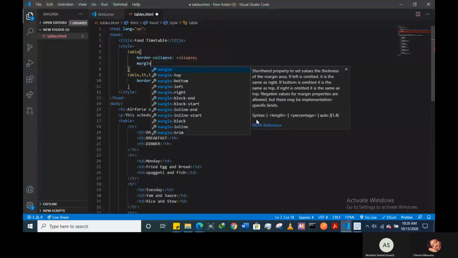VS Code gives you suggestions in case you forget something. Okay, so you have your margin top, margin bottom. For now, let's just look at margin top, margin bottom, margin left, and margin right. There are other things. Thank God there's even a short